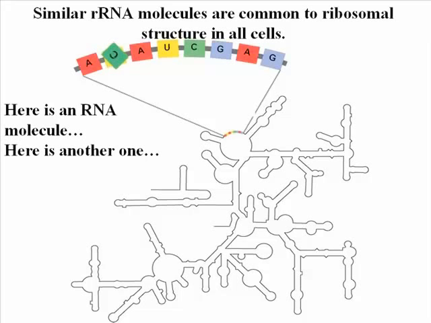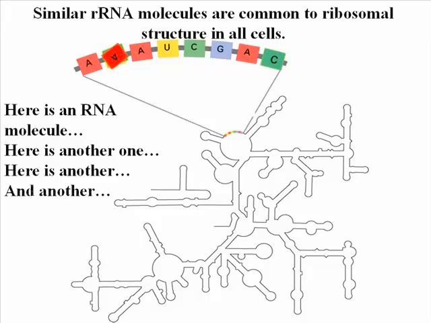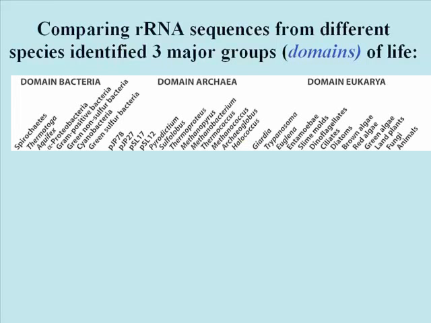Here's another version of the sequence that was originally up here. Here's yet another, and finally a third one. Note, by the way, that this RNA molecule is shown highly folded due to internal hydrogen bonding. When these small ribosomal subunit rRNAs from many different species are compared, it's possible to group the species by how close their rRNA sequences are. This is a molecular taxonomy.